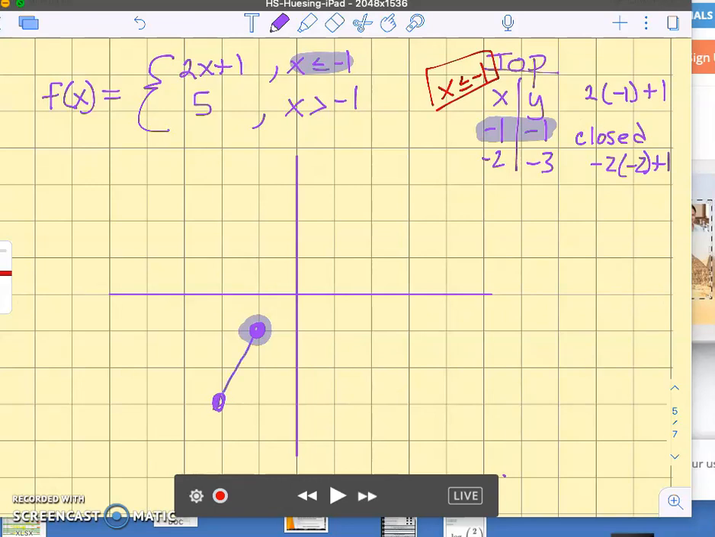So if I connect those, the line would be going this way. Because again, negative 1, negative 2, negative 3, negative 4, negative 5. We only want that line when it's less than negative 1. You could also look at it if you graphed that first point and said that the slope is 2. We see that here, 2 over 1. Now the bottom one,